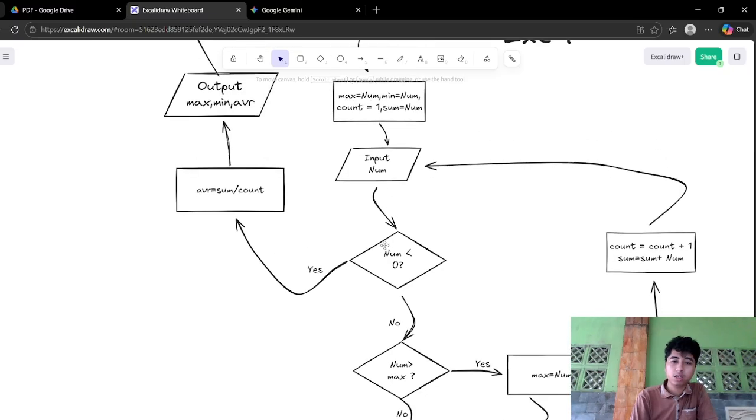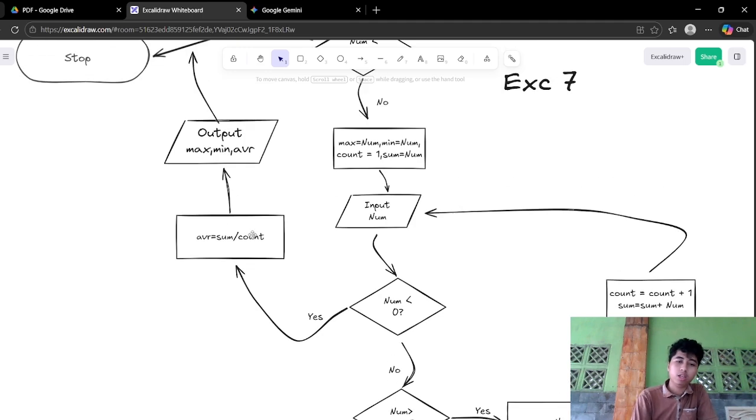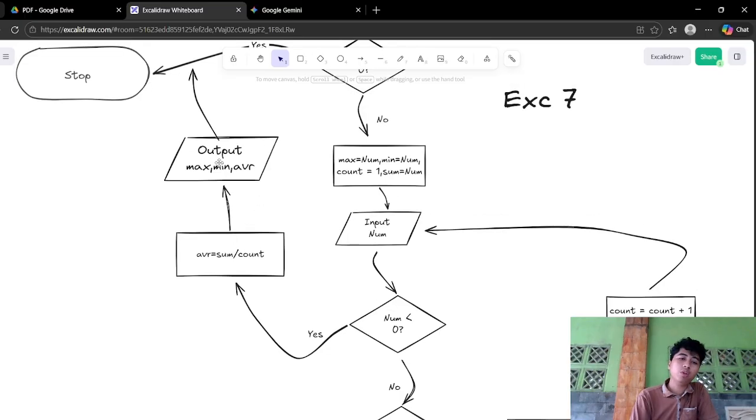If the number is less than 0, then it will continue to here. Otherwise, it goes back to input number again. Then the average will be set as the sum per count. Then the output will be the value of max, minimum, and the average.